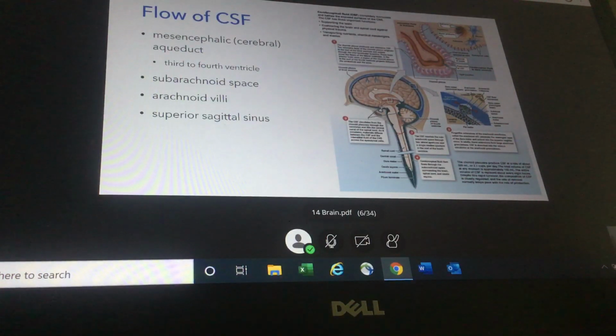Anyway, so it flows. That fluid flows. We're still kind of back to the same picture, but it flows from those lateral ventricles that are in the left and right hemispheres into the third ventricle, which is right here. That was the first one we talked about. Through that cerebral aqueduct, pictured right here, that I'm kind of pointing at, through that cerebral aqueduct to